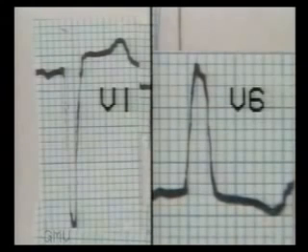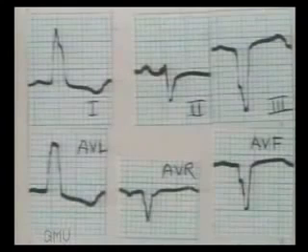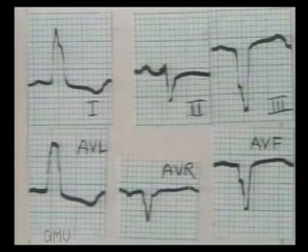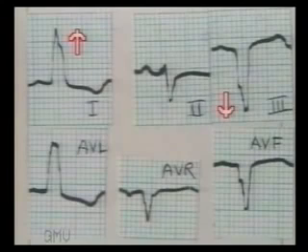Note in close-up view the broad and deep S wave in V1 and broad and slurred R wave in V6. In particular, note the absence of Q wave in V6 and note that the T waves are opposite in direction to the QRS complexes. Now let us see the limb leads. There is left axis deviation or left leaves pattern, and the changes of left sided leads V5 and V6 are also seen in 1 and AVL, which are basically left-sided leads.